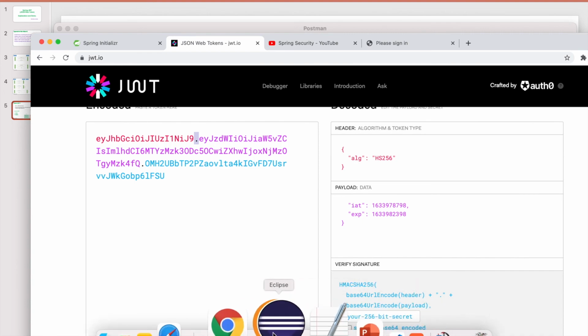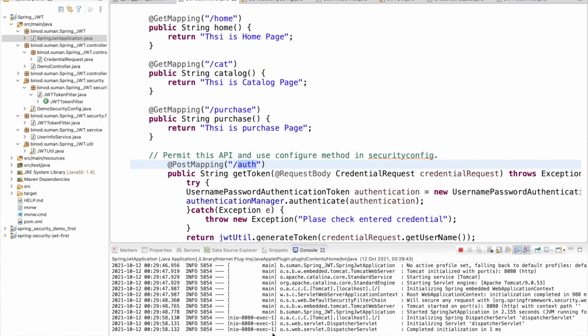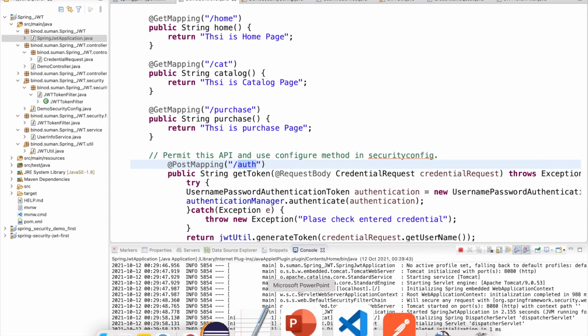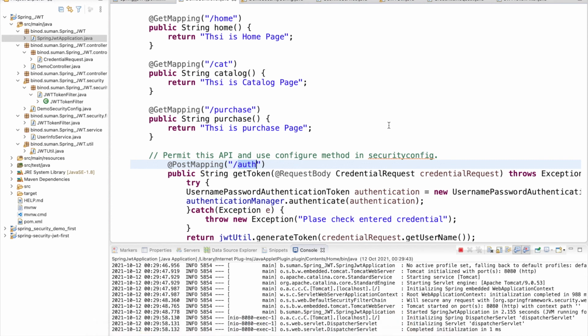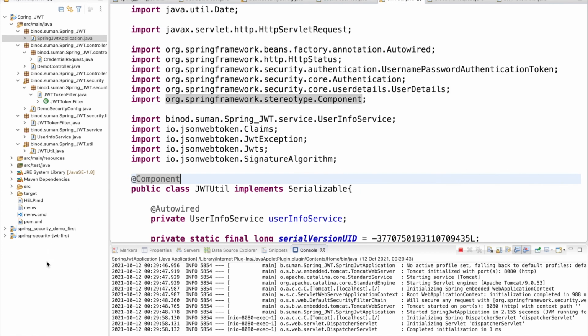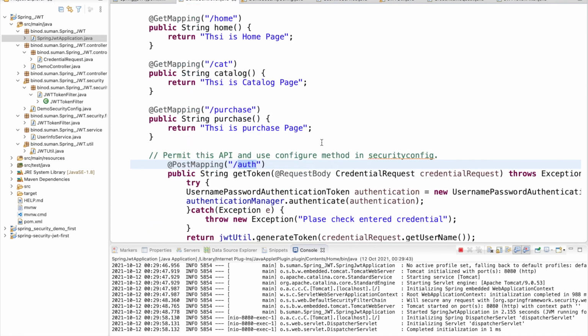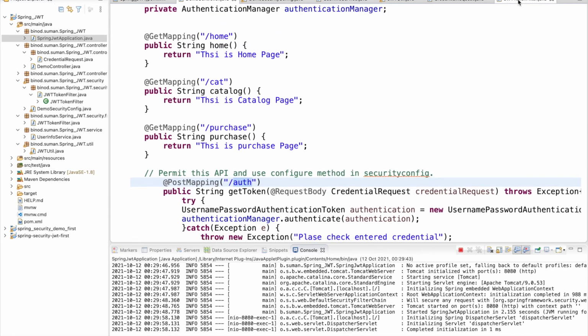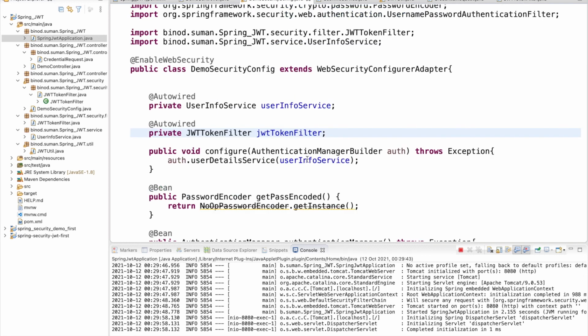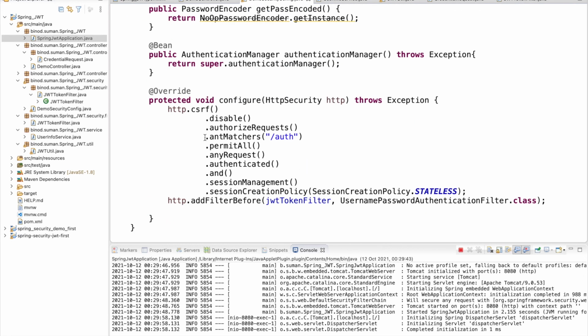In short, if I want to explain what I did: first I created the Spring security, and then we created one utility. That utility has all the JWT things. In the pom.xml I also added the 2 dependencies, and then in the controller I made one separate REST API to generate the tokens. And in the config I explained that this thing should not be required for the auth API. And this is how it is working.